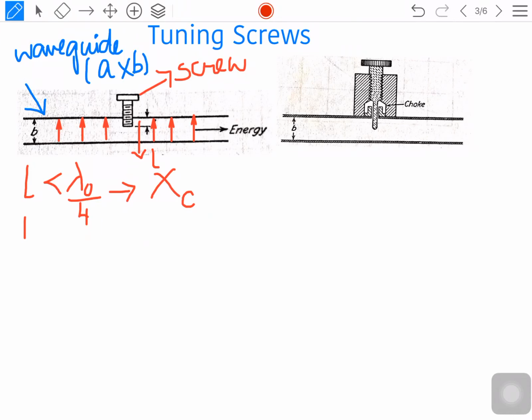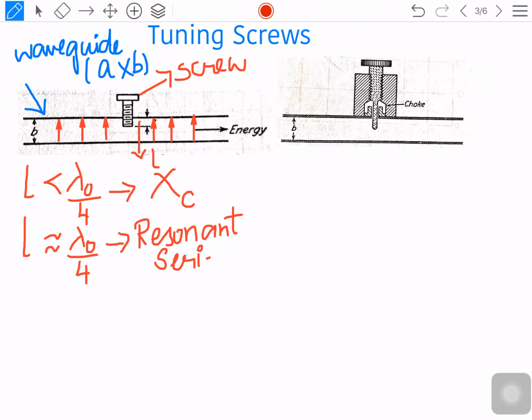If the length of the penetration is approximately equal to lambda by 4, then the screw will act like a resonator, and this resonance will be of a series type.